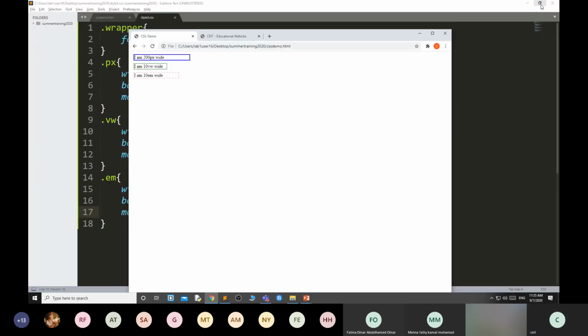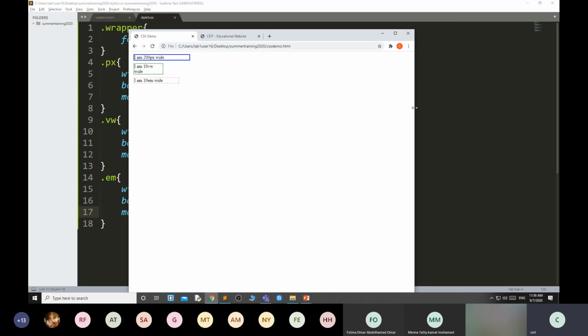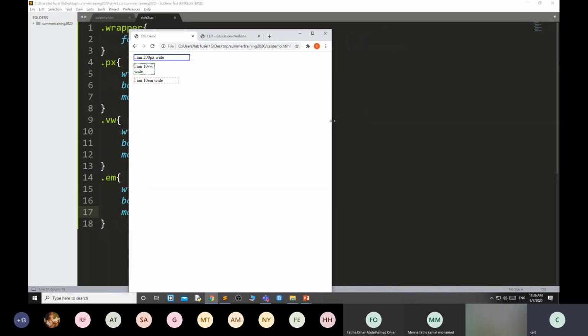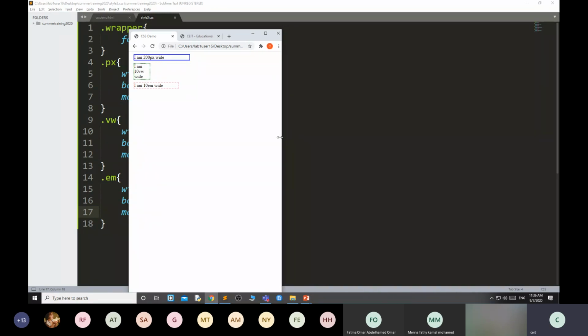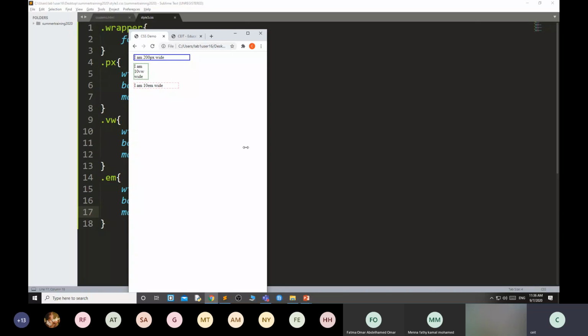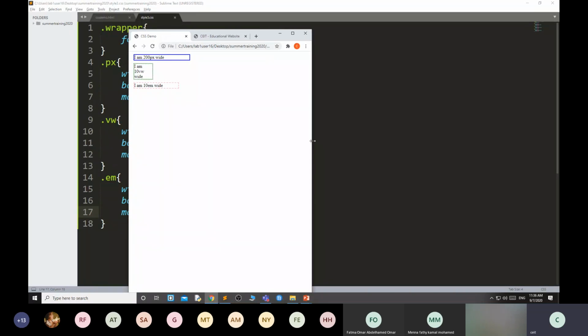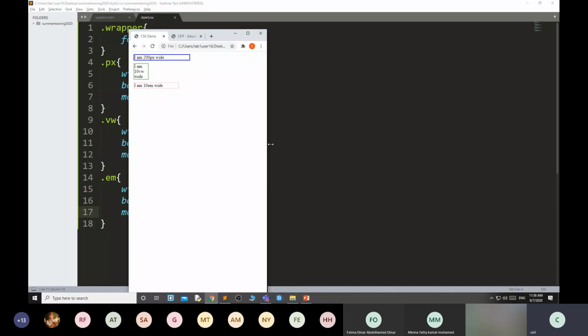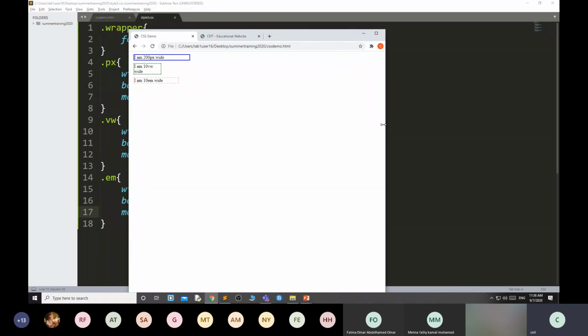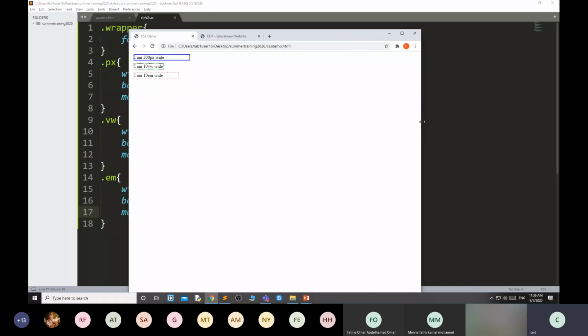That's why, once you resize the screen, when I change the screen resolution, meaning screen size, you can see that the relative units automatically get adjusted, but absolute units will not get adjusted.